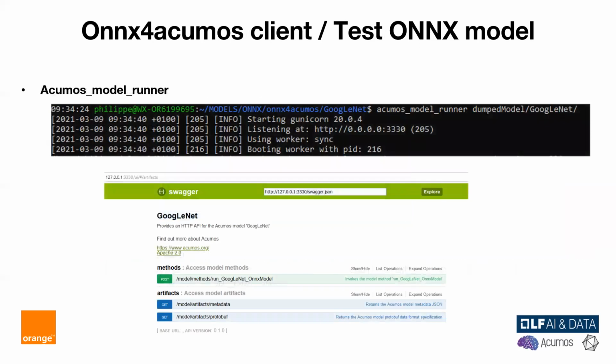Acumos model runner is very easy to use. Just type acumos_model_runner followed by the folder where your model bundle is stored. And then a Swagger interface will be up and running on your localhost at port 3330.